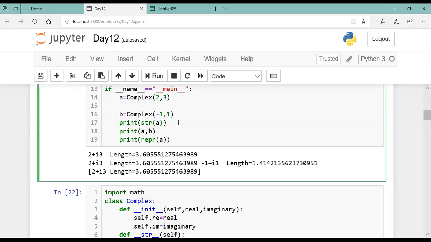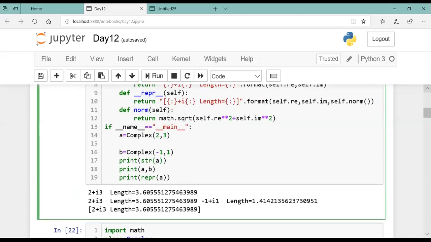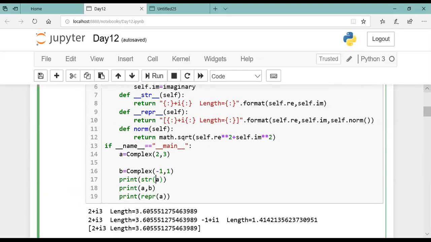Just a minute. Okay, so str of A is printing a complex number 2 plus i3. Let me run this, then we will come to know.